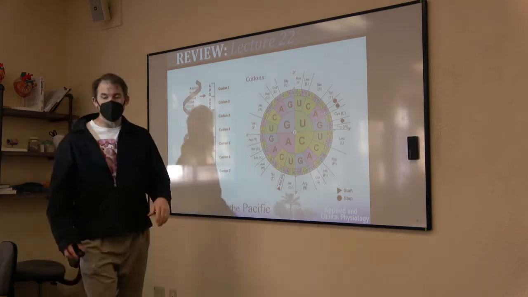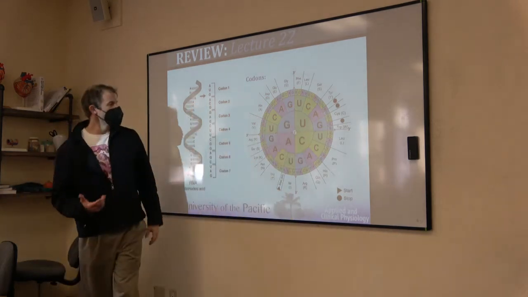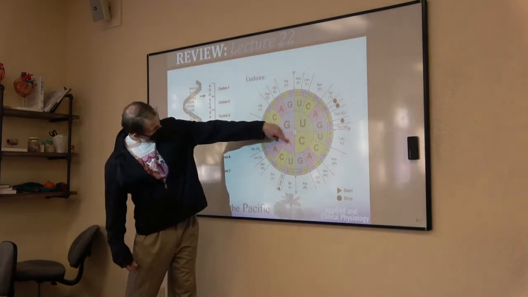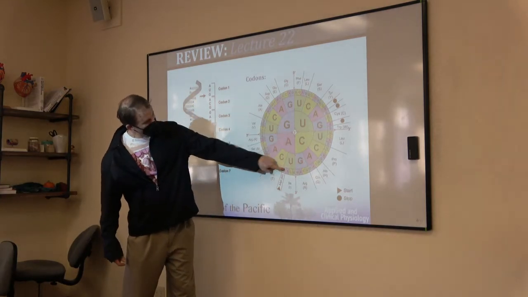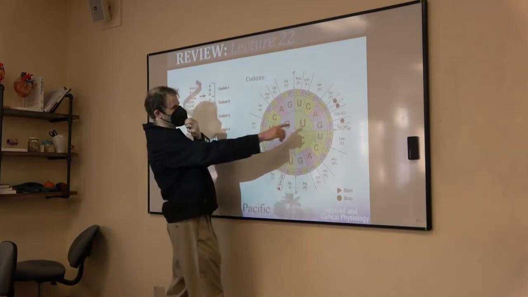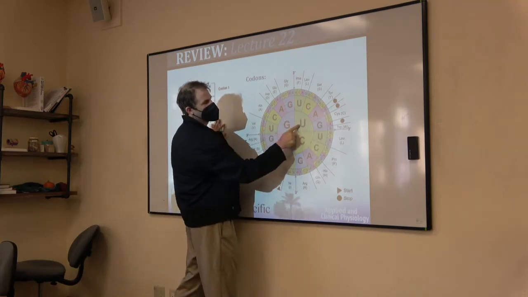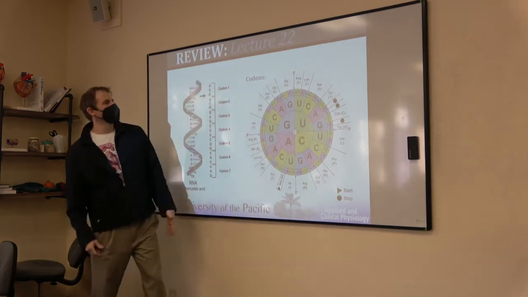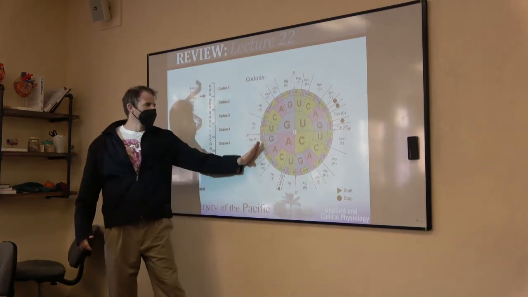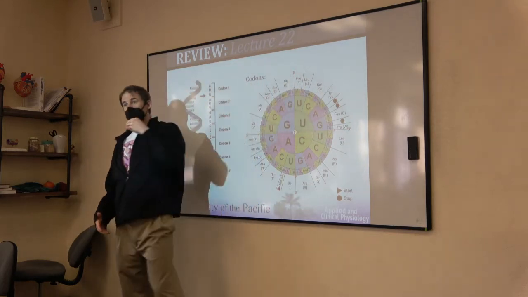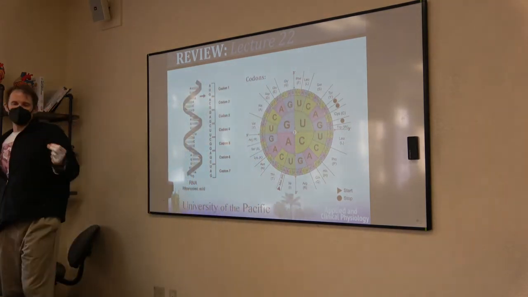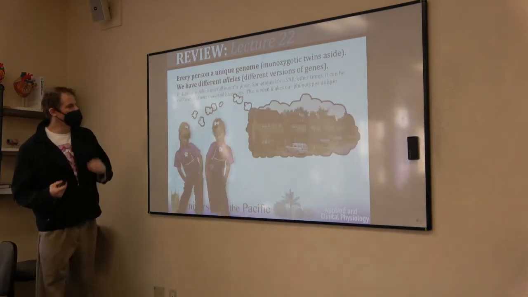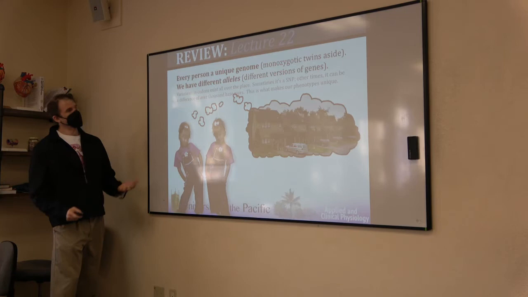So if we were to look at this one, to get to methionine, to get to a start codon, what do you have to do? It's AUG, right? If you want the stop codons, UGA and UAG and UAA. And then you can go around to the rest of the amino acids and figure out how to get those. So whatever nucleotide triplet codon is there, that's what determines which amino acid is present.